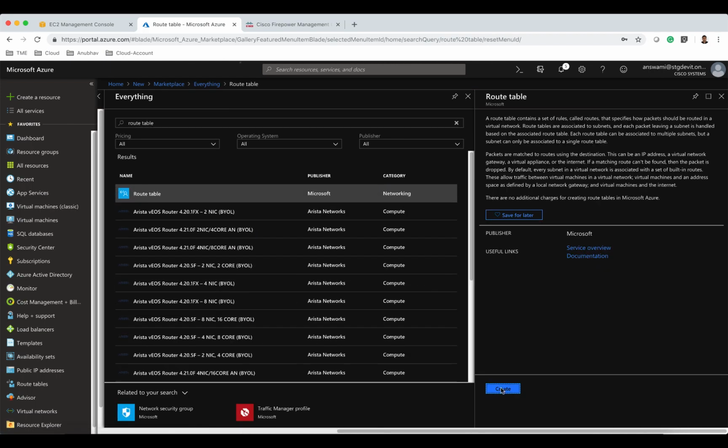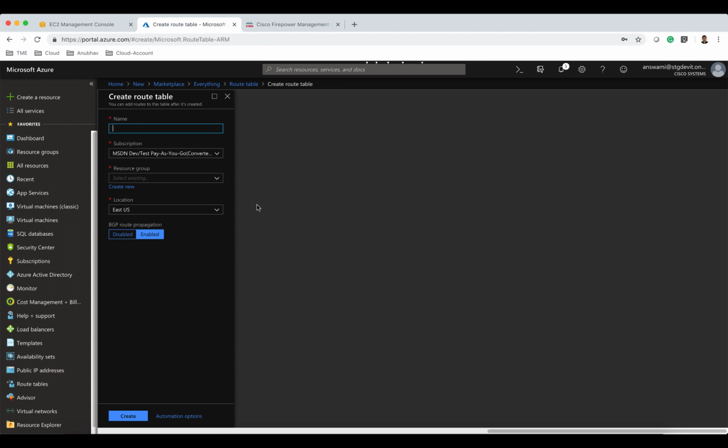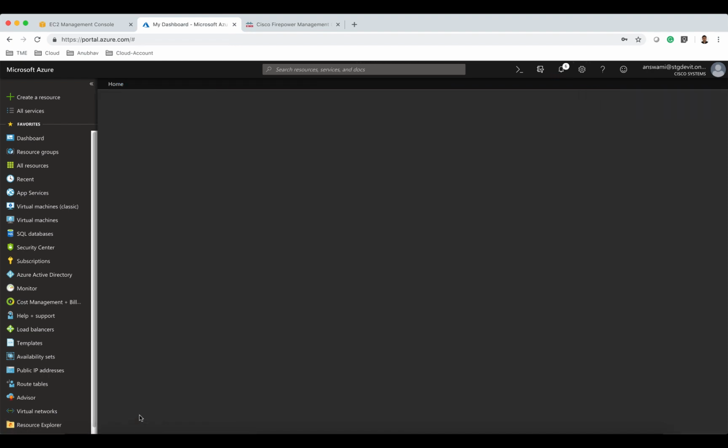So I'll go to route tables. I will create a route table, web-UDR, give it a name, point it to my resource group, and click create. Once it is created, it is going to take around 1 or 2 minutes to create a route table. Once the route table is created, you can go inside that route table and add your routes. So we'll wait and we'll go back to